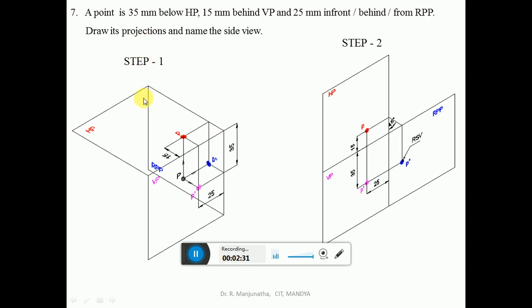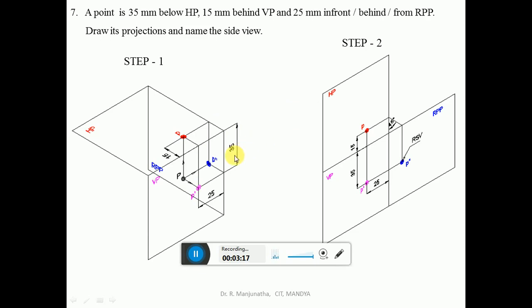Similarly, when you look from the top view, the plane is between the object and the observer. So to view the image on the right profile plane, if I look from the left side view, the object is between the plane, that is the right profile plane, and the observer. But this condition does not satisfy the front view, whereas in the right side view, the plane is between the object and the observer. The same thing is there in the vertical plane also. When you look from the front view, the plane is between the object and the observer. Therefore, to view the image on the right profile plane, we have to consider the right side view, because that will satisfy the conditions of the front view plane, that is the vertical plane.